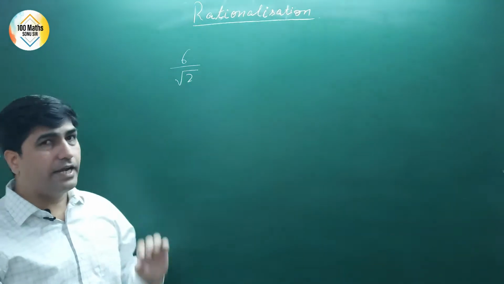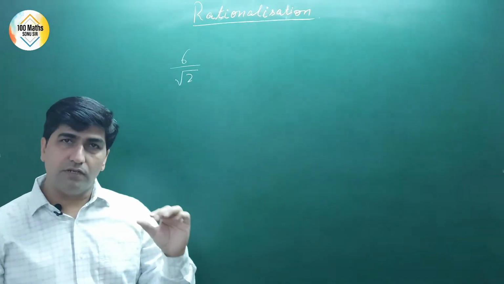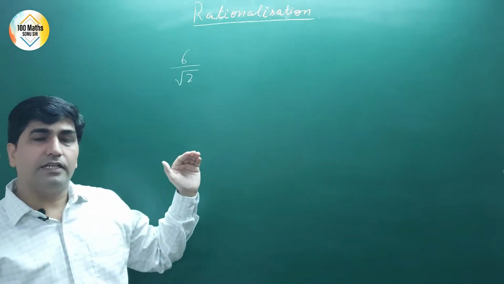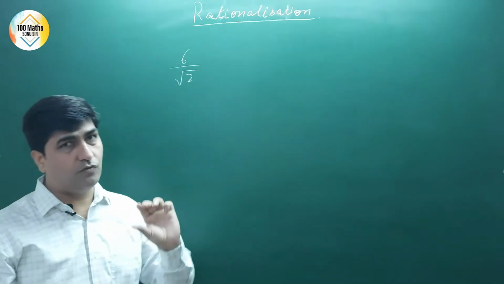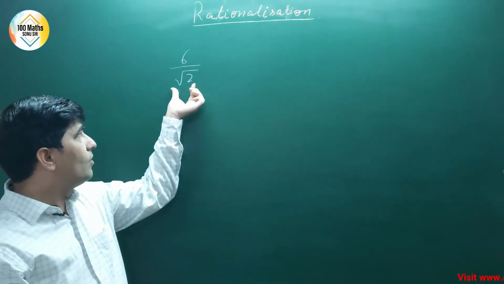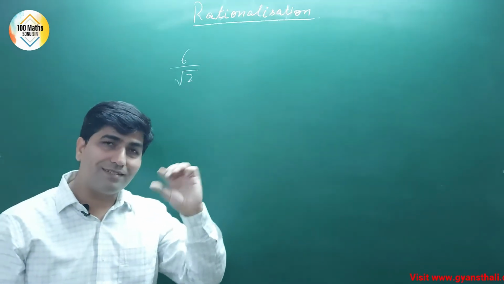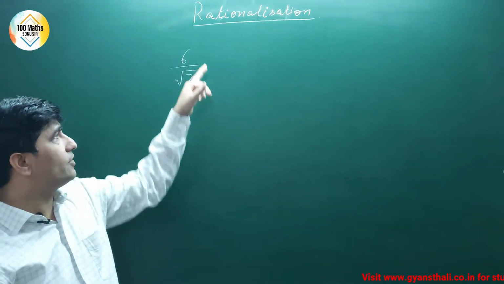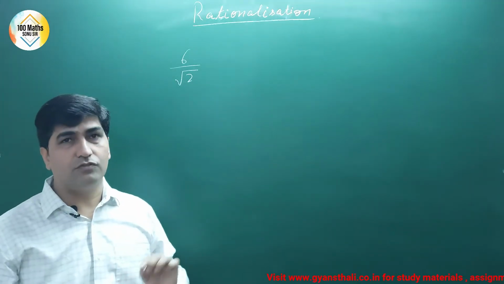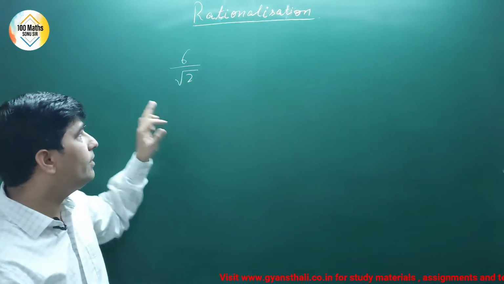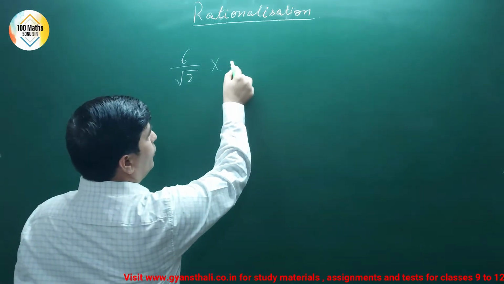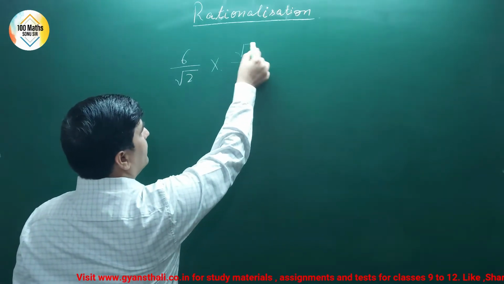If this denominator has a single term, a single root term you can say, then we will multiply in the numerator and denominator by the same term. This term or this factor is called the rationalizing factor of this expression, right. So to remove this single term from the denominator which is containing a root sign, we will multiply by the same term. Look at this. So we will multiply in numerator as well as in denominator by √2.